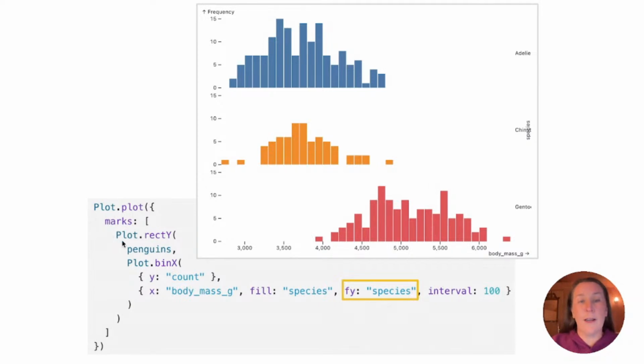We make a histogram by creating rectangles where there's binning created along the body mass variable of the penguins data, and the y value, the height of that rectangle, is the count within each of those bins. That's how we create a histogram. We learned about those bin transforms last week. But then we can see that there's one additional piece of information added that we haven't seen yet, which is